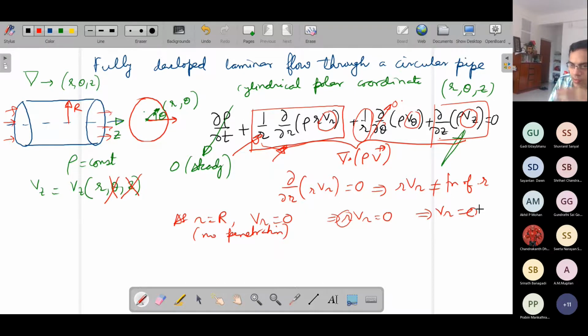Now I want to ask you something. I have considered constant density. Can this be arrived at by relaxing this condition of constant density? Now I have purposefully done it, I mean, there is a purpose of illustration. That is why I have taken this rho as constant. Now my question is that if rho is not a constant, is it possible to show from this equation that still Vr will be 0 for some cases?